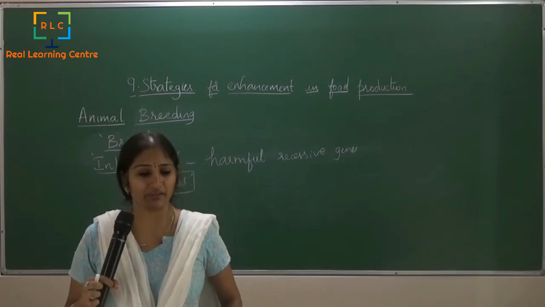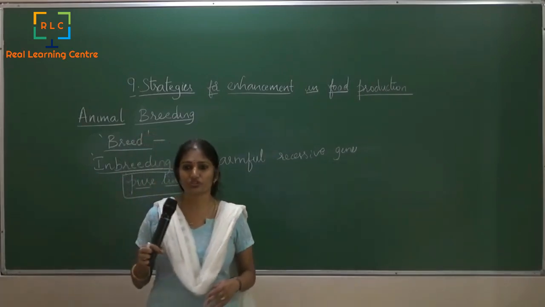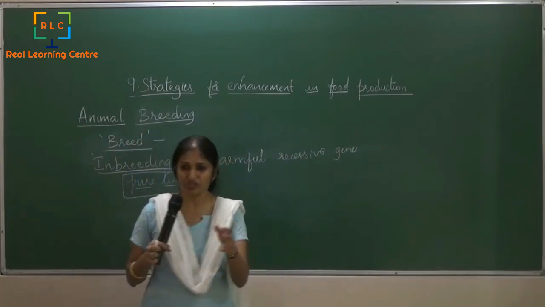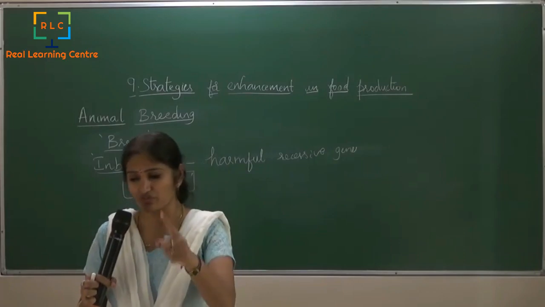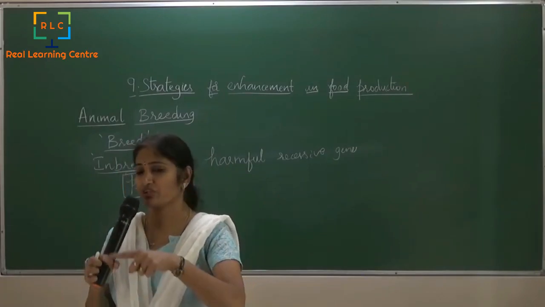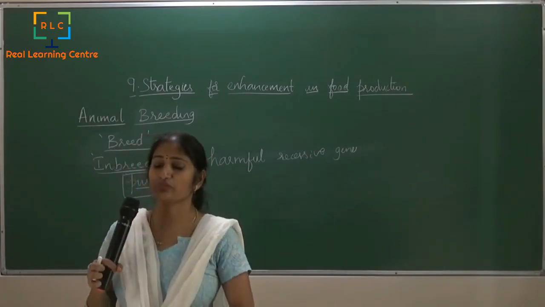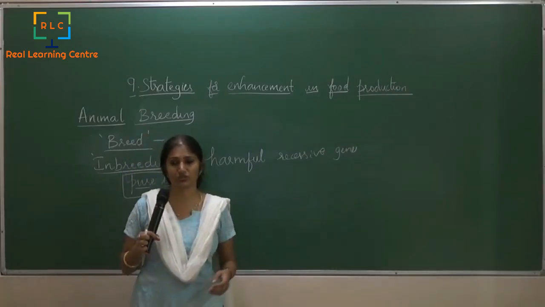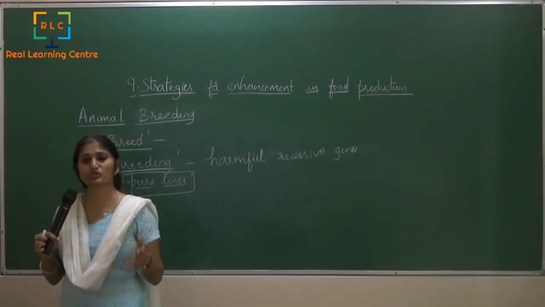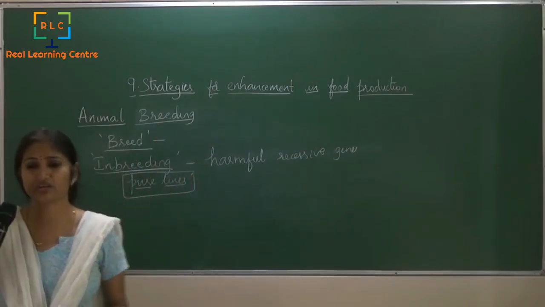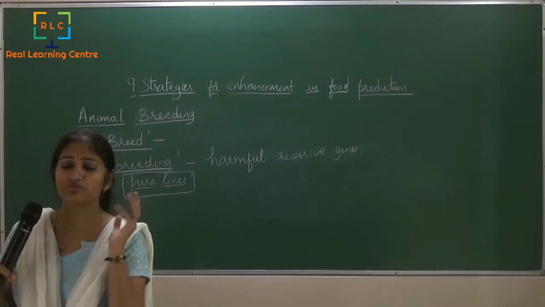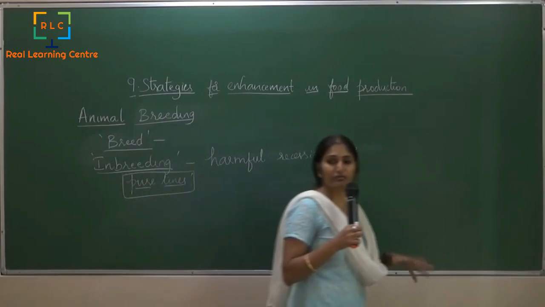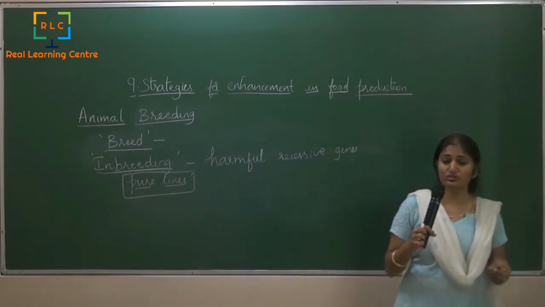Okay, and since we are always involved in this, over a period of time, since there is a selection at each step, where we see the first progeny and try to take the best one, we go to the second progeny, there we identify the best one, third progeny, identify the best one. So by the time we reach around the sixth generation, we have the best ones here. And this is close breeding, or breeding within a very small population of animals, all of which belong to the same breed.